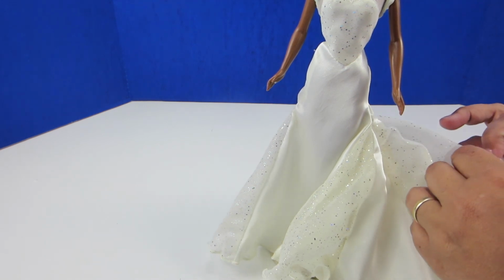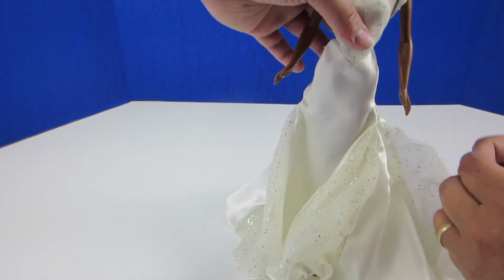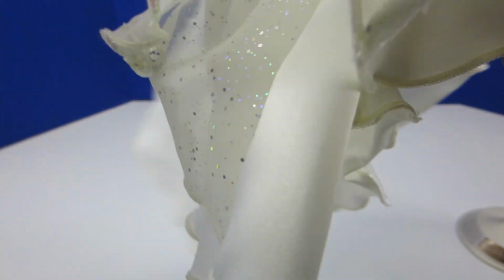And do you want to show what we found just a minute ago when we put her back on the stand? Go ahead. Oops. Usually you can just pick them right up in there. I'm sorry, I'm showing up her skirt. I don't mean to offend anybody. There's no doll nudity though, so... I don't know where the box is. I think you threw it under there, but...